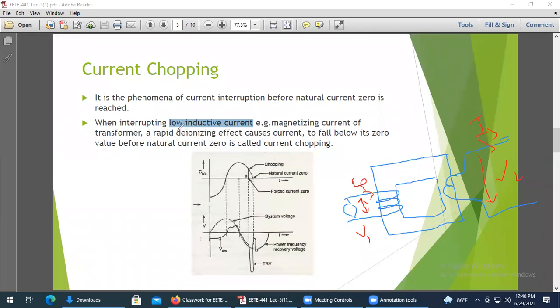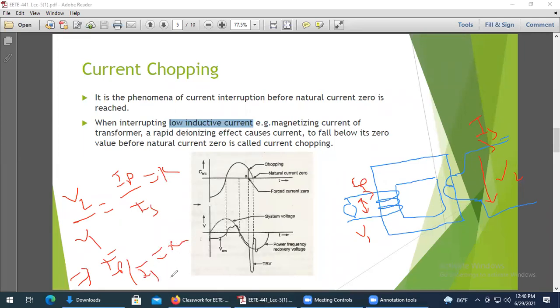If you can recall from the transformer turn ratio equations, V2 divided by V1 is equal to IP divided by IS, which is equal to K. Generally we can write that primary current divided by secondary current is equal to the turn ratio. From there, you know that the primary current is directly proportional to the secondary current. So we can come to this conclusion.